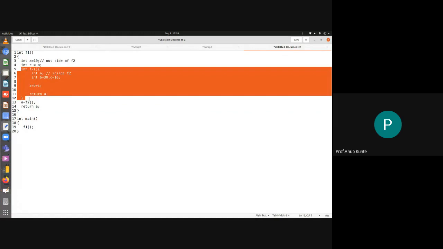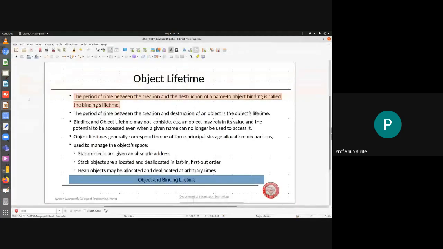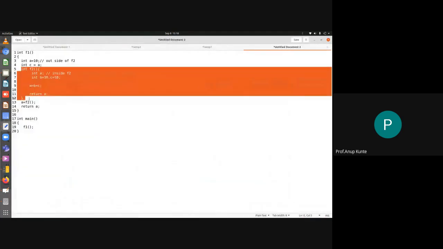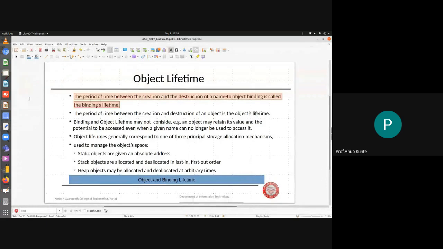So this is how a compiler would also require to understand when a binding is live, when the binding is not live. Okay, so that is about a binding of a variable, because it is easier to give you an example of a variable. I'm giving you an example of a variable, but you need to understand